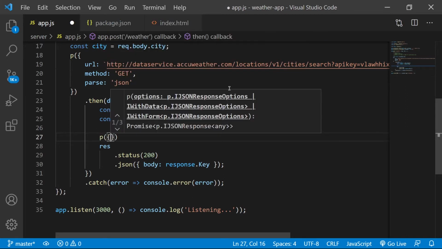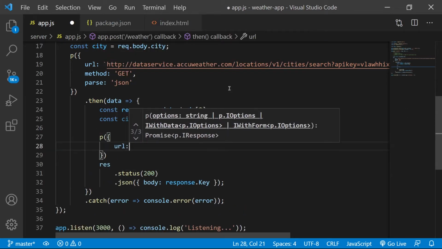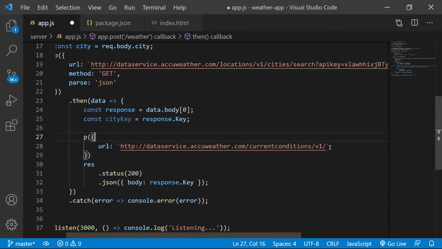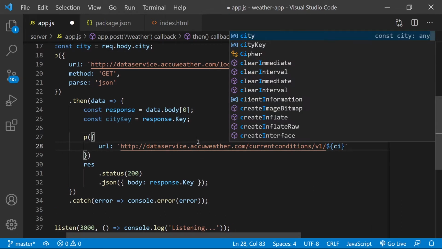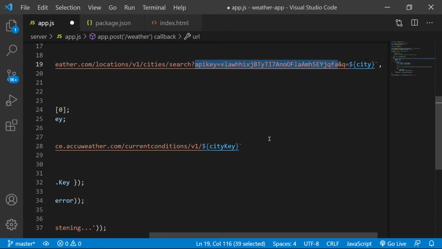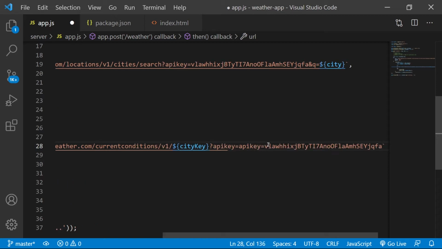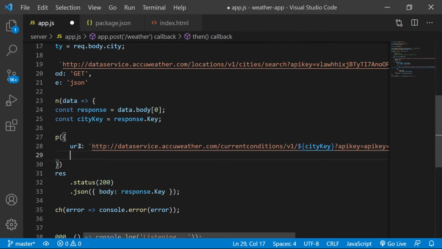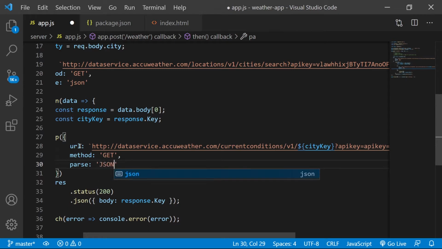So we'll again use fetch, say URL v1, and now this is actually going to be the city key. Yep. And then let's go ahead and also pass our API key query string parameter. Okay, and then again, we're going to be doing method is get and parse with JSON.